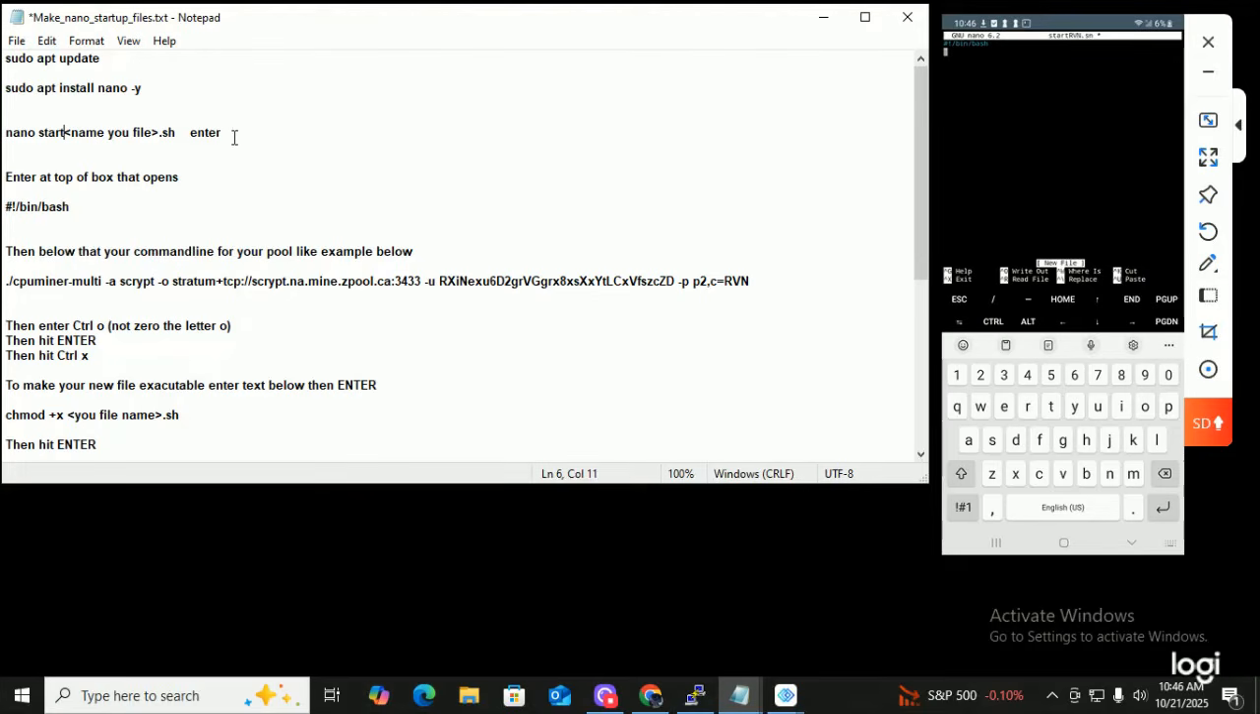Now, what you have to do is, for example, this is my Ravencoin right here. I can't copy and paste because it won't paste over to my phone. So I have to physically put this whole thing in. You guys ready for this? This is what you've got to put on the next line, after hitting bin bash. Then below that, enter